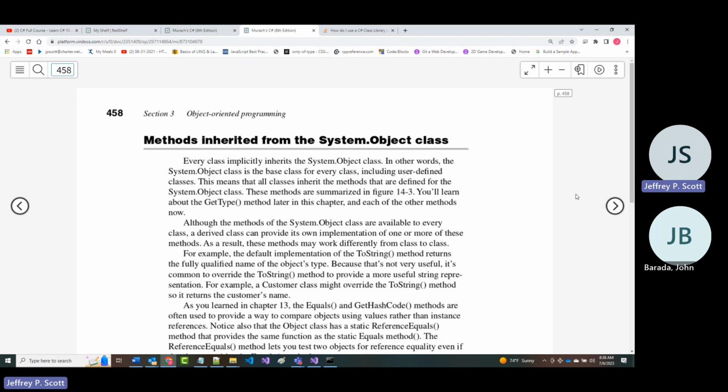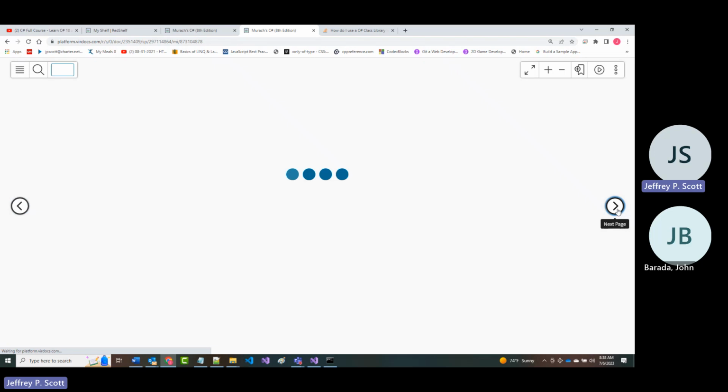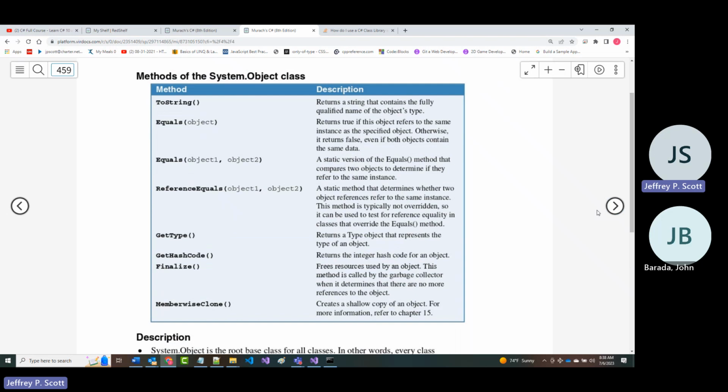All right, so you got that object at the top. We just saw this. So because we have object, what do we get for free, so to speak? What does object give us? And the answer is what's in this box here. All right, I did show you an example when we went through the pretest of using toString. It's a way to be able to write things out in a shorter method. It provides the equivalent of a shortcut for us. So we get this toString method without having to do anything.